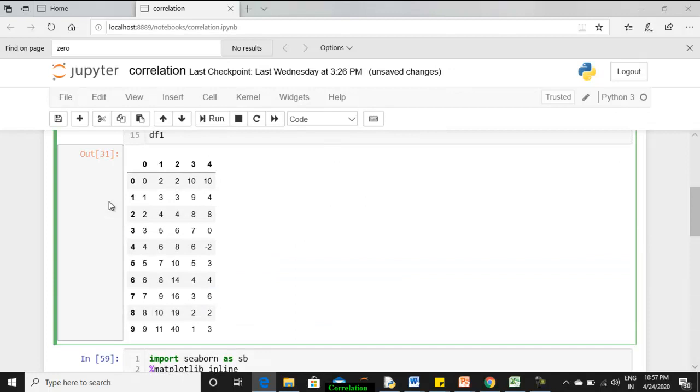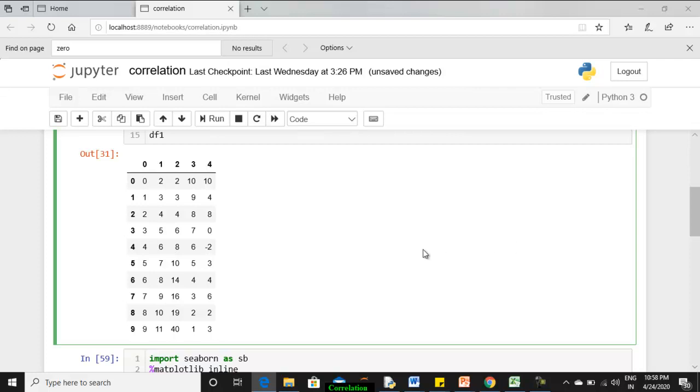Finally, I have printed to show what are all the values we have. You could see, this is column 0. So we have values from 0 to 9. The column 1 has values just 2 ahead of whatever we have in 0. And here if you look, it's all random values in ascending order. The next column, the values start with 10 and, while you move on, it gets decremented by 1. And finally the fourth column, it's random values which are nowhere related, that is, which don't have a relationship between the previous and the next term.